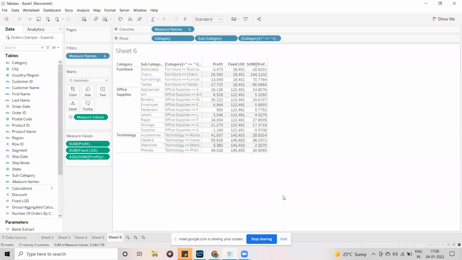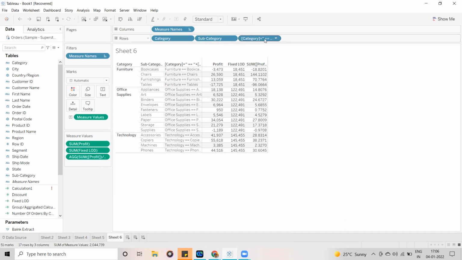Okay, right. So yesterday I explained what is meant by ad hoc calculation. By definition, an ad hoc calculation is nothing but a temporary calculation which we create at the sheet level.